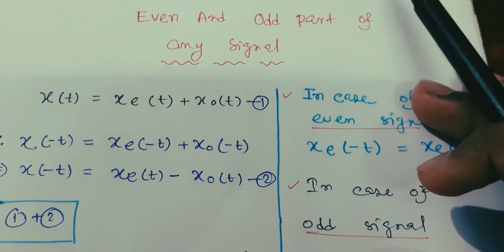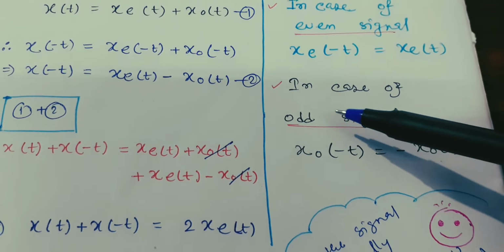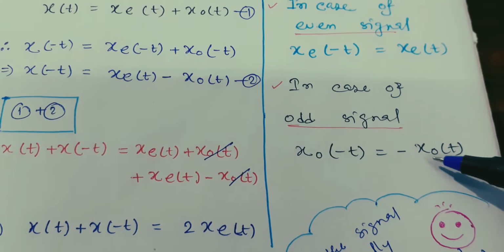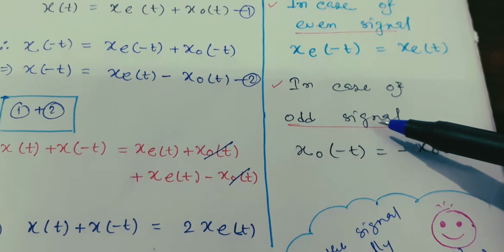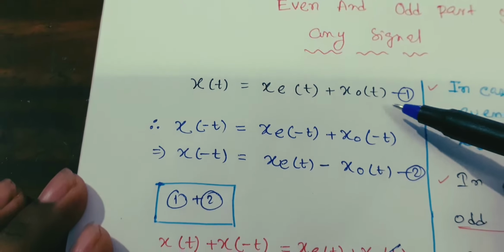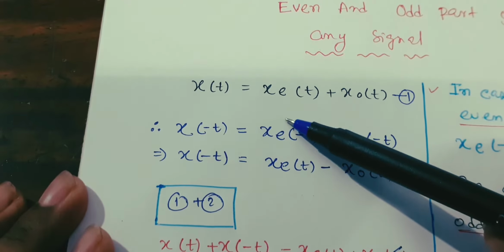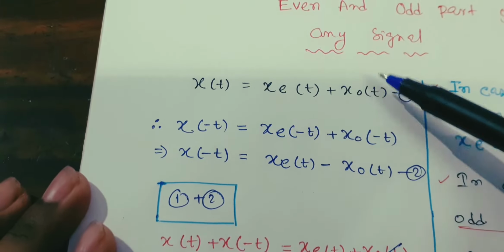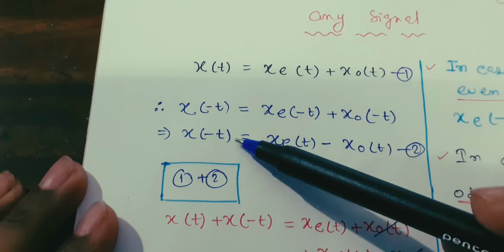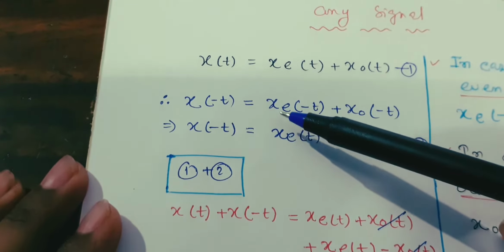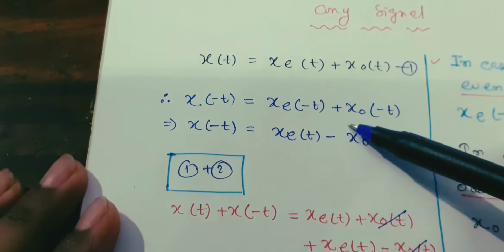Now in case of odd signal, if x of minus t equal to minus of x t, then the signal is called odd signal. Now we can represent any signal in the summation of its even and odd part, as we have written here. Then we take x of minus t, and here we have found x e of minus t plus x o